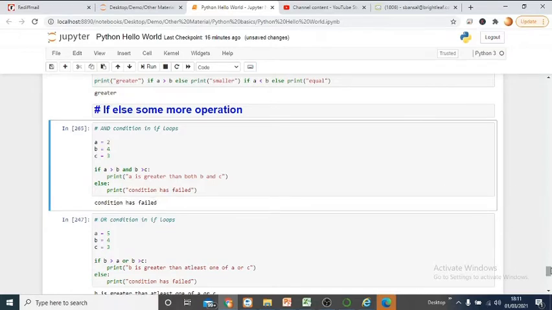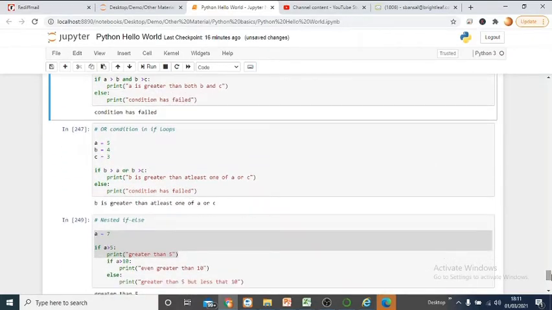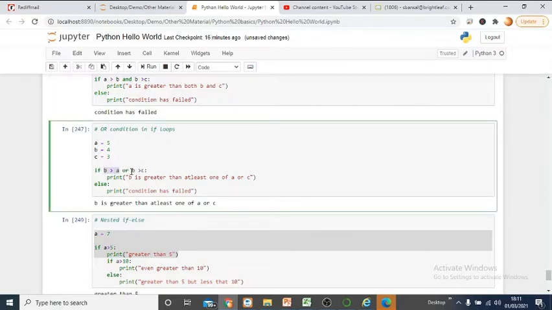So very simple. Now next thing we want to see is the or condition. Obviously we can see b is greater than a or b is greater than c. That means we are checking whether either this condition is true or this condition is true. If one of the two conditions is true, then the system will go here, otherwise it will go into the else section, right?